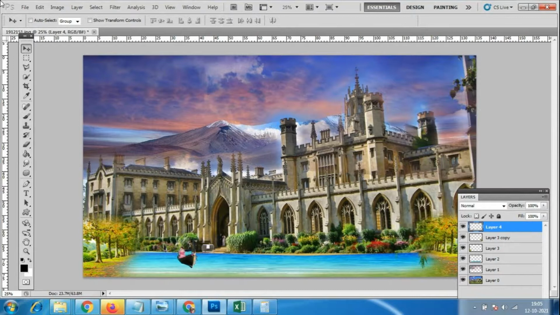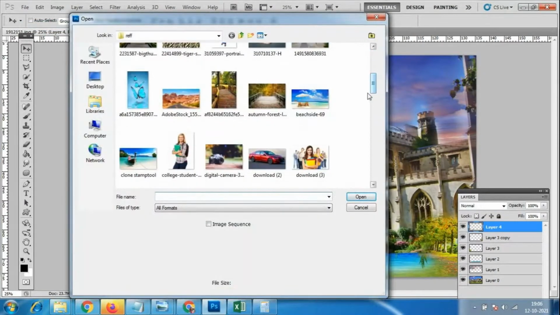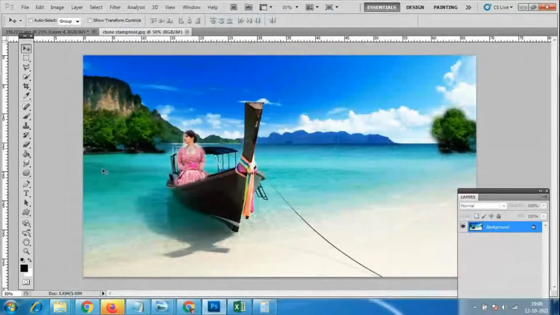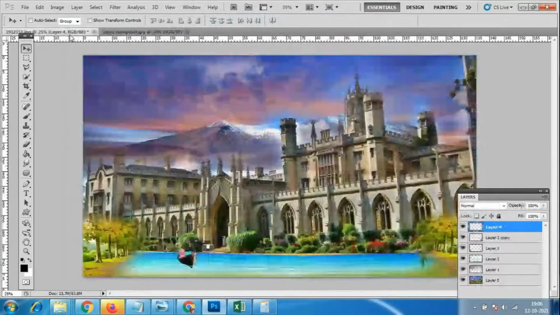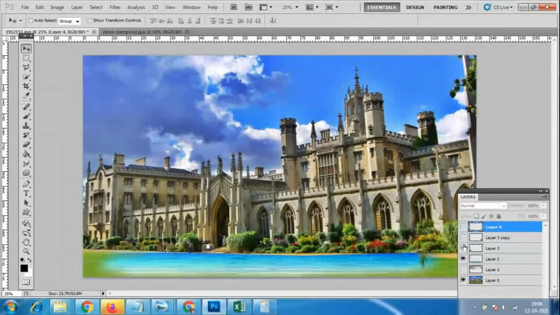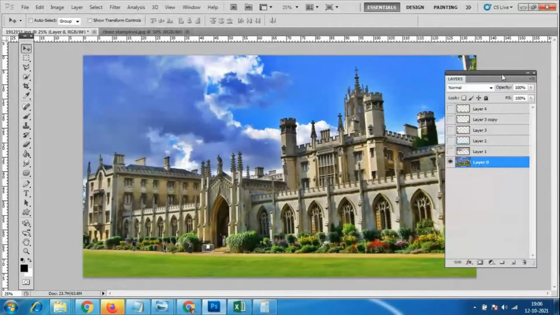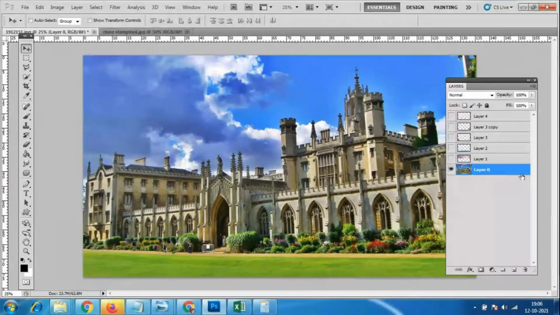Even if I take this different file, suppose I have this file, I want to add something to this from here to there. Suppose I remove everything. I have added all these layers, so I'll remove everything. I'll click on layer 0. Now I want to lock this layer. So how to lock this layer? There is a locking option here. See, lock this layer. And now I have locked this layer.